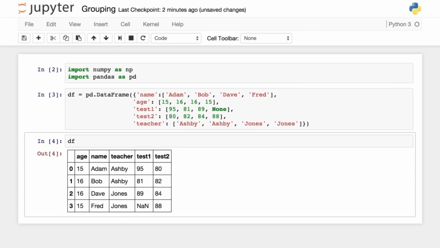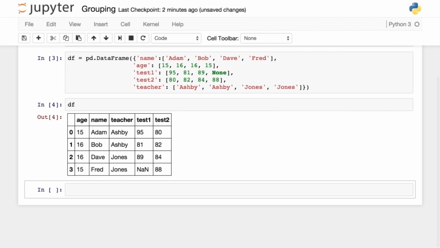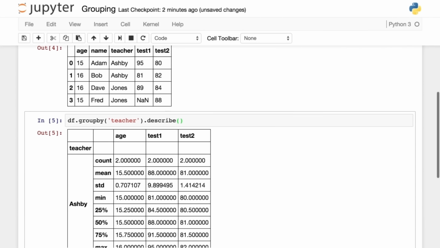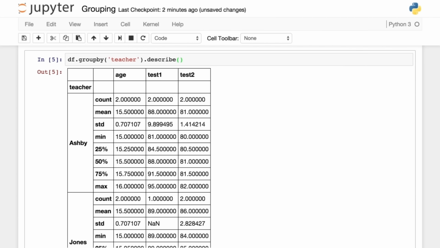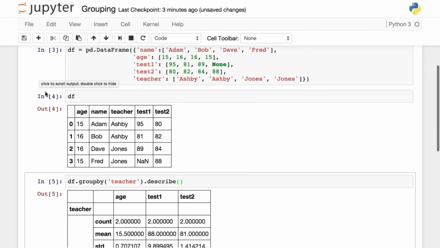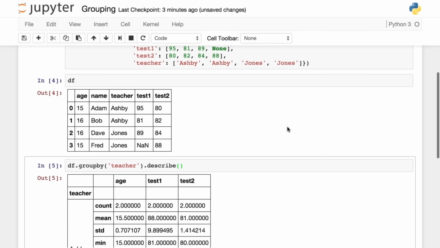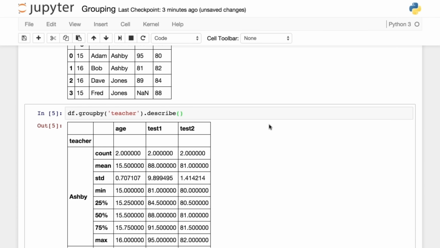One of the built-in methods in Pandas that's pretty useful is called groupby. I can take a data frame and say I want to group it by teacher, and let's just say describe on the result of that. When I run this operation, Pandas is going to aggregate all my rows by the teacher, and then it's going to take those aggregations. So for example, Adam and Bob both have Ashby, so it's going to treat that as if it were a data frame and invoke the describe method on that data frame,